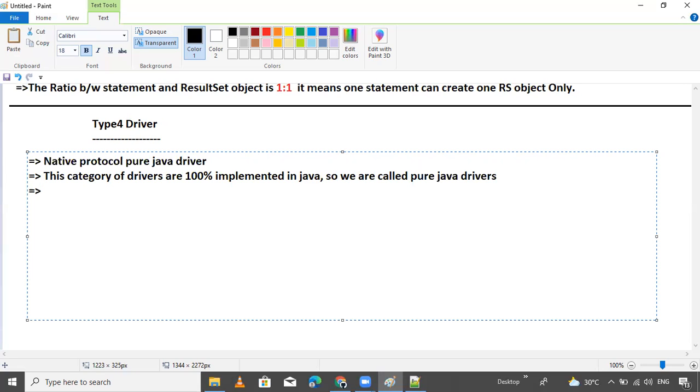Now, the next point: this type 4 driver uses a native protocol.